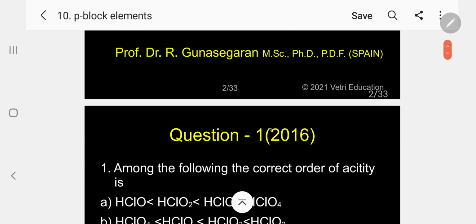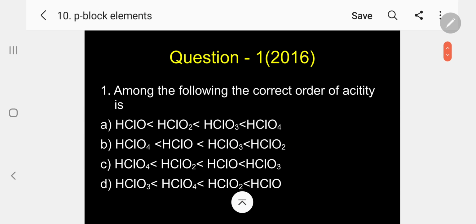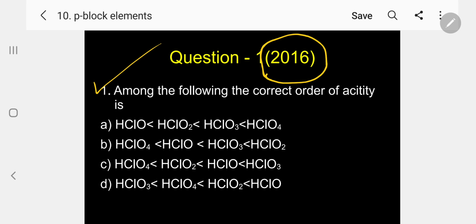Now, question number 1, let me discuss first. This question was asked in 2016. Among the following, the correct order of acidity is. There are 4 options given. All are the